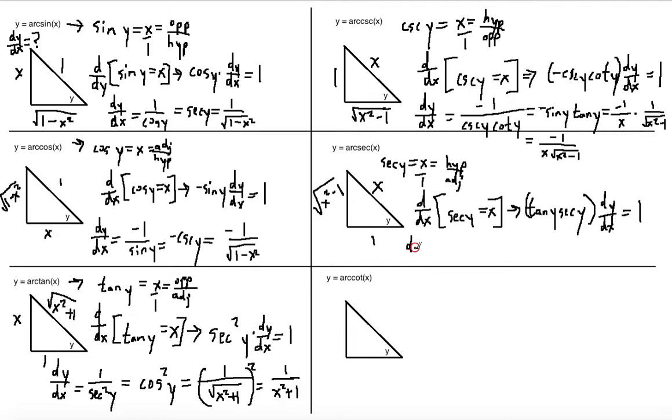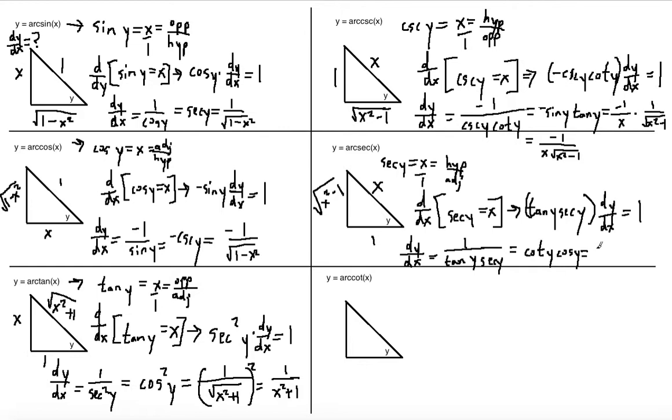So dy dx is going to equal 1 over tangent of y times the secant of y, which is the same thing as cotangent of y times cosine of y,